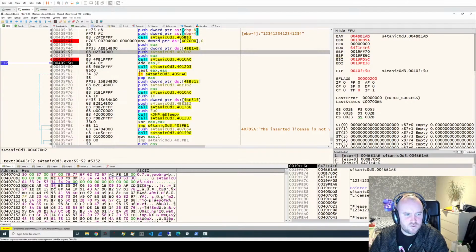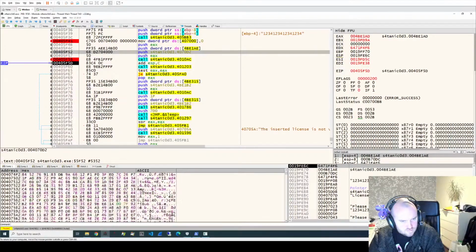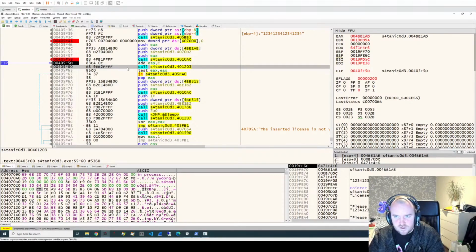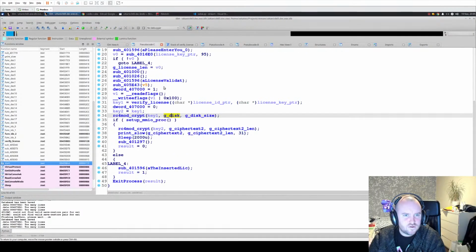If this would have been correct, then this would have been decrypted into something sensible, which it may or may not have. And then the next step here